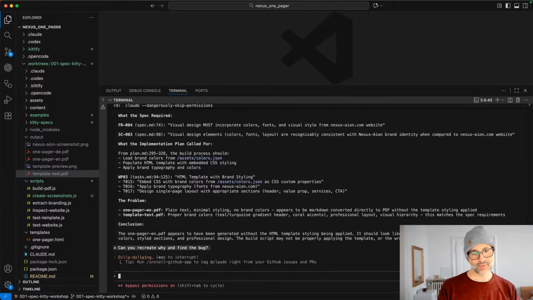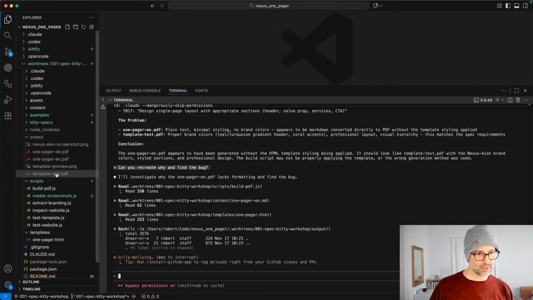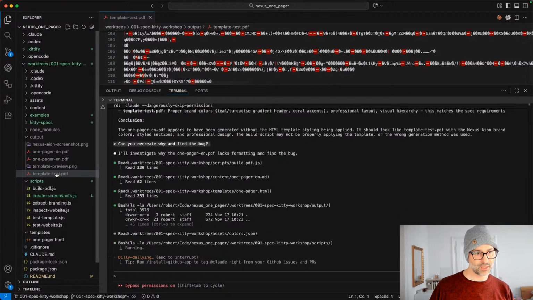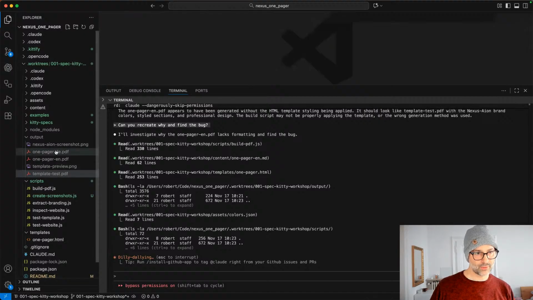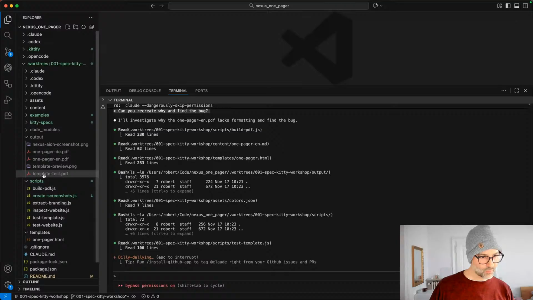So I'm not going to do this in SpecKitty anymore. We're close to being done. SpecKitty did a great job, if not a little bit of an over-engineered job, but I think we're very close to having a PDF in this format with that content, which is what I wanted. And somewhere,